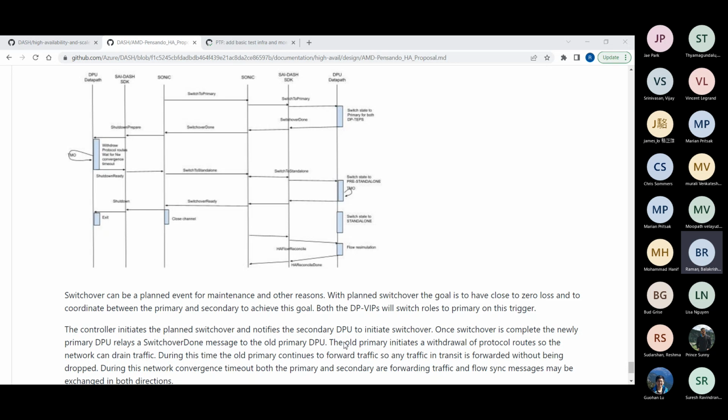So what happens is this. Say the stable state is active-standby, and we decide to do a planned switchover where we want to take the active side for maintenance. We issue the switchover API to the active. Then the active has to do a switchover towards the standby. First it sends the switchover event from the active side to the standby, the topmost line you see there. The standby will become active because there is a switchover event going on where it is going to take over and eventually become standalone.